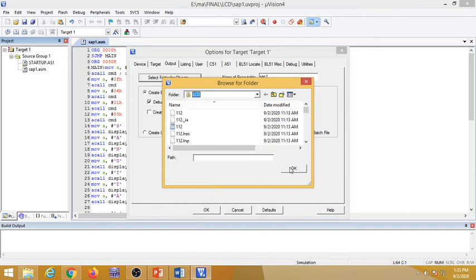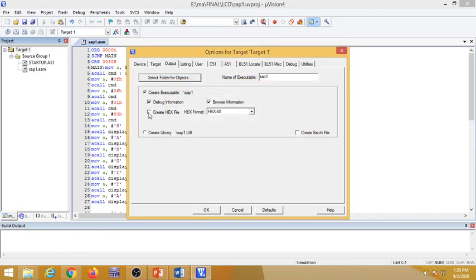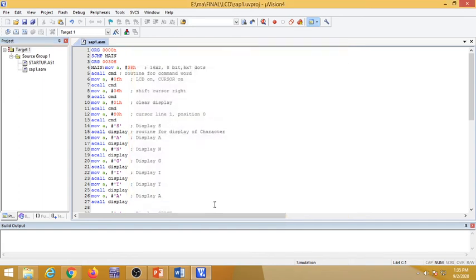Now you want to create that hex file, and that's why click on Create HEX File and then say okay. Once this part is over, just build the program. Now the target is not created, so just go to the error. The error is at line A2, just click on that.